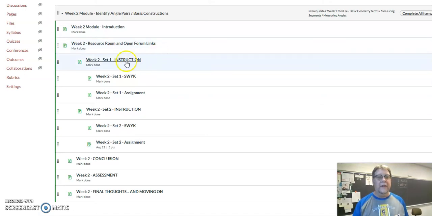The next link is called instructions. That's my first instruction. We're going to look at angle types. We're going to identify different types of angle pairs. We're going to look at vertical angles, adjacent angles, supplementary angles, complementary angles, linear pairs, basically 2 angles and how they can relate to each other. And then we'll talk about their relationships and how they work out. You'll have a SWIC, you will have an assignment from MathXL, and then we'll move into the second set,